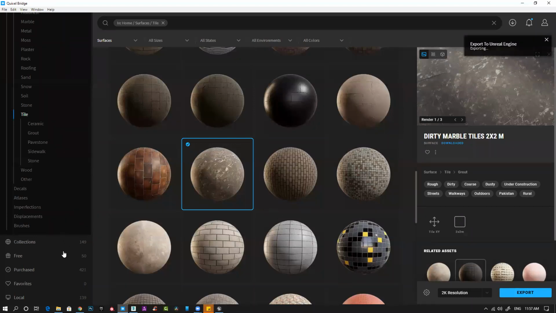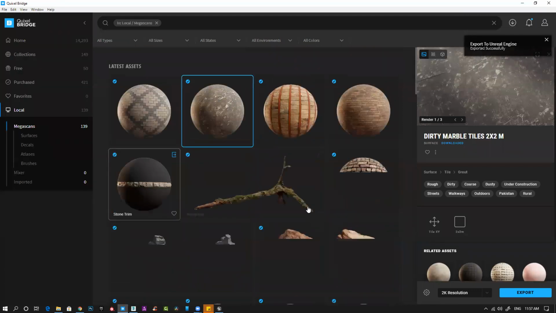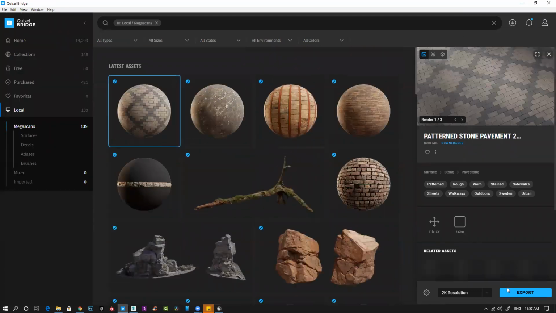Export. I'll go to local. I already have a couple of things downloaded. Let's take this one also. I have to export.